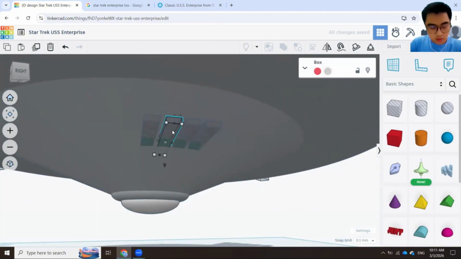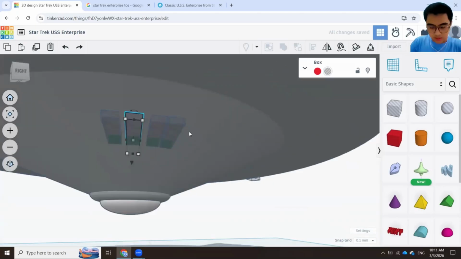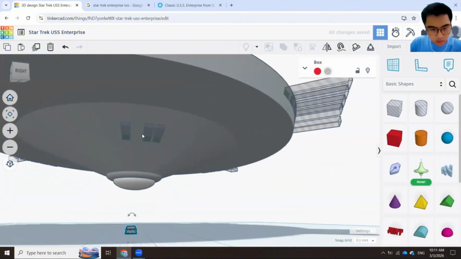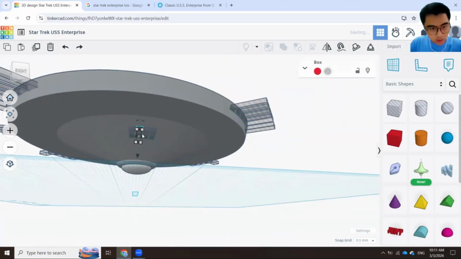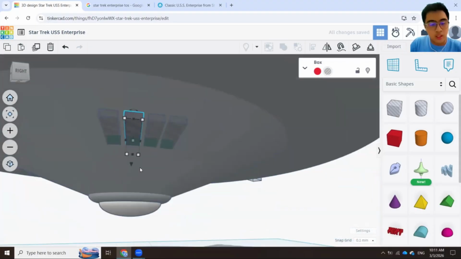Now take this to Control D. Oh, what happened? Man. Control Z again. How did it end up there? Man, bad stuff. Right. Now, let's proceed. Okay, take this, Control D. What? Control Z. Okay. Control D. Ah, now it's working.